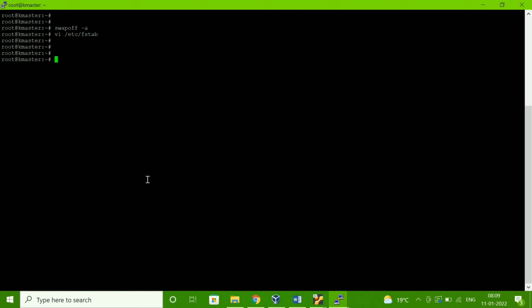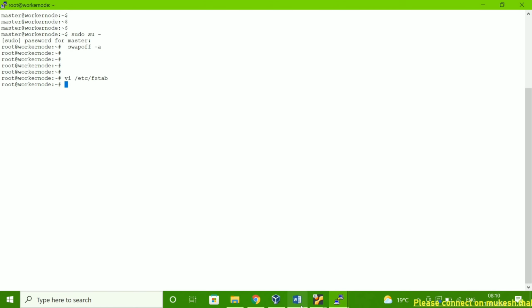Now you have to set the hostname. When you build a server, it will come up like localhost, right? So you have to assign the hostname. How are you going to assign that? You have to use hostnamectl set-hostname and your hostname, whatever is compatible. You can put master, KMaster, as per your requirement. In my case, I already assigned the hostname, so I'm not going to assign it here. You have to do it on both nodes, with the same command. Fine.